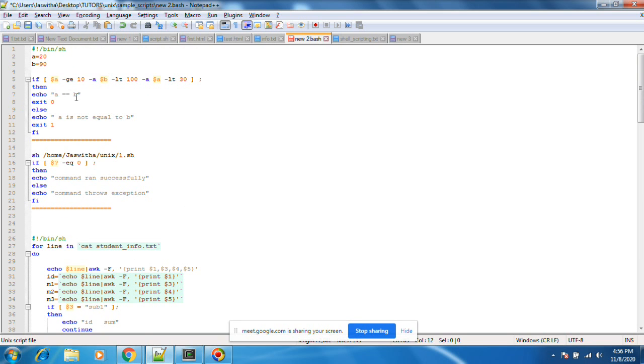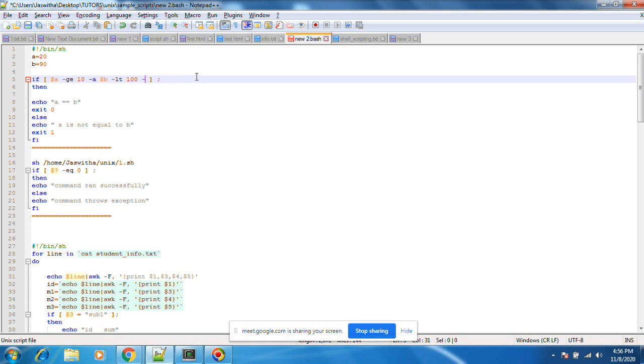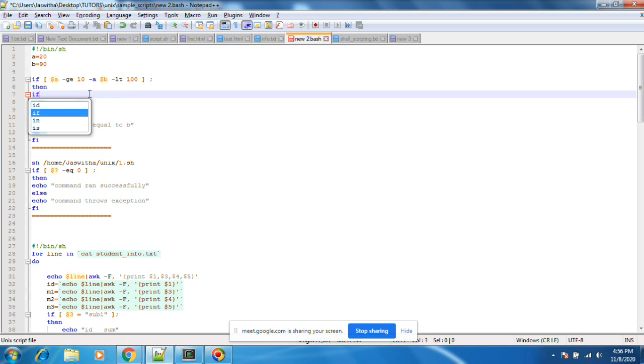Instead of this we can keep nested if also. Inside this you can keep nested if also. How can we keep nested if? I can delete this one. You can keep if again.